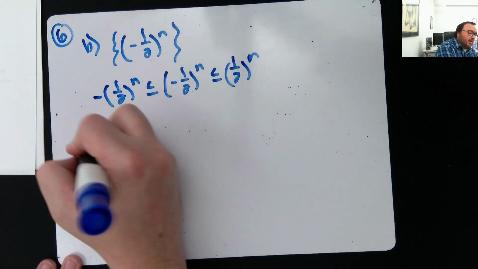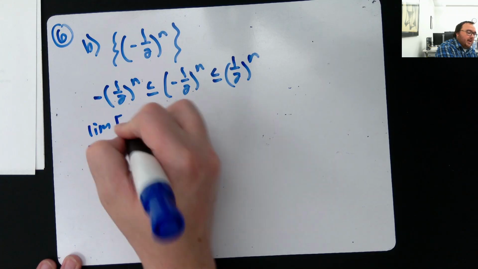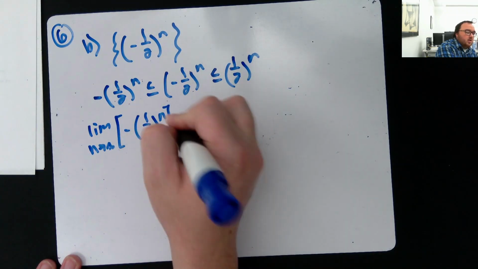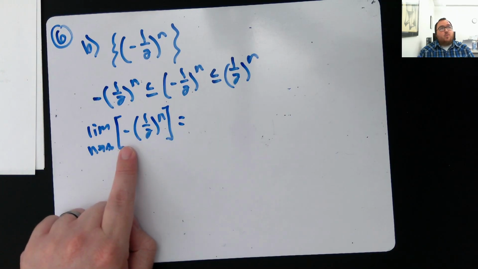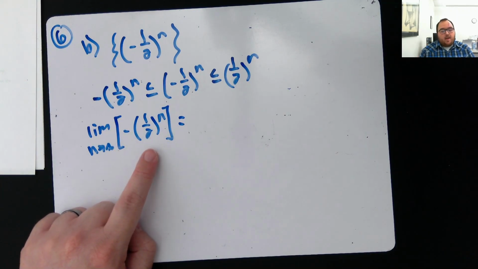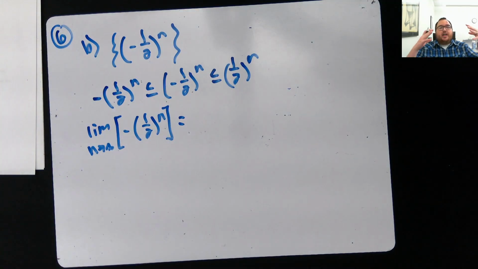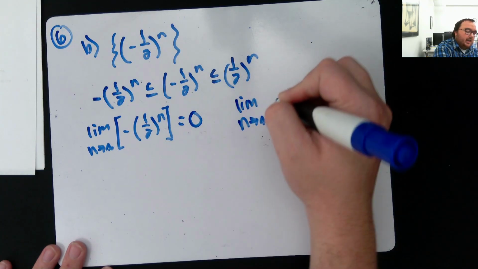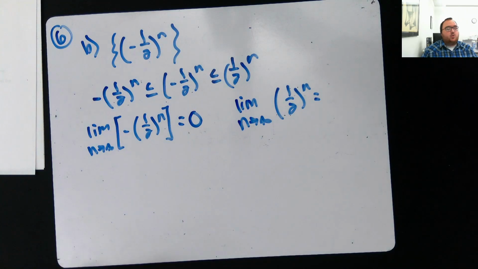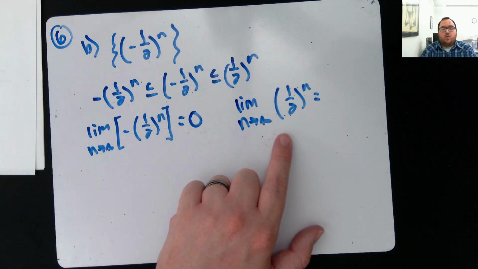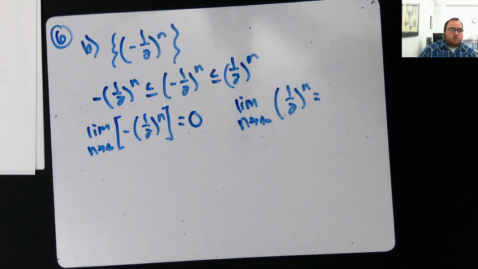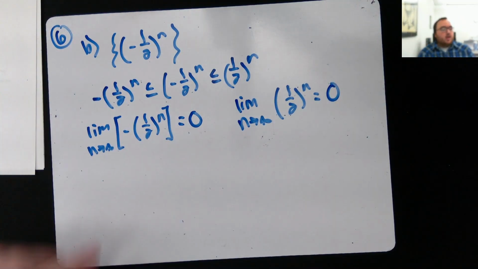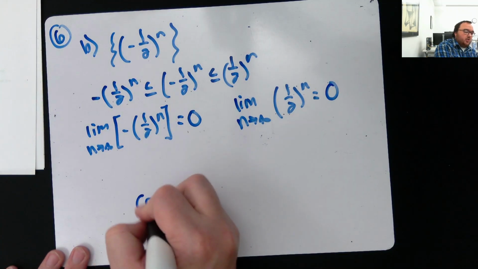So the limit as n goes to infinity of -(1/2) to the n. So then this would be -1/2, -1/4, -1/8, -1/16, -1/32. Those are getting smaller and smaller. So this is going to 0. And then the limit of the right side, once again, this would be 1/2, 1/4, 1/8, 1/16, 1/32, smaller, smaller, smaller, 0 there too. So since this is between them, we know this also converges